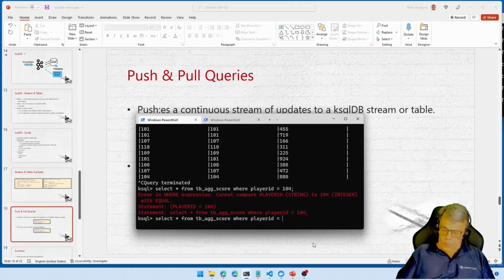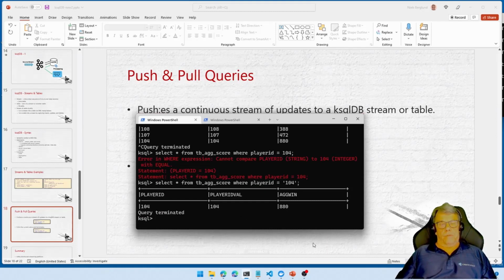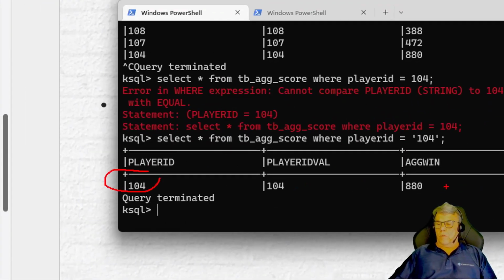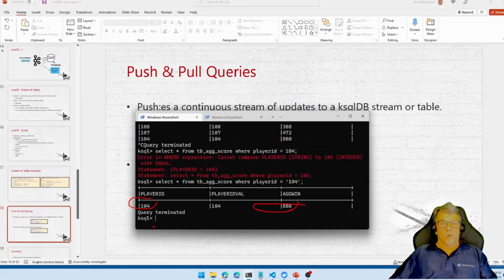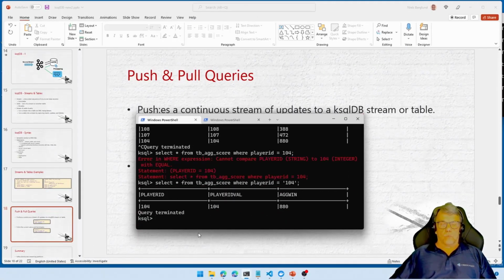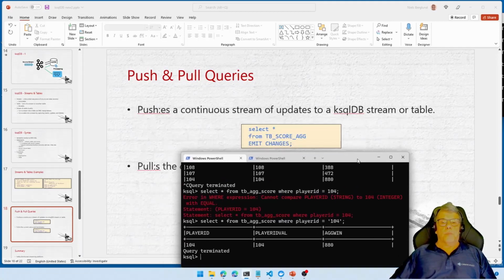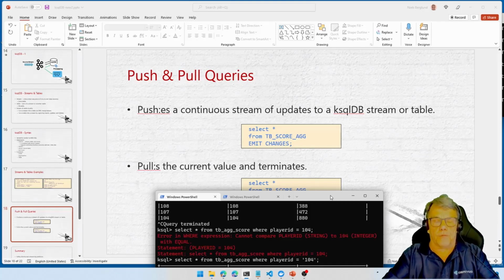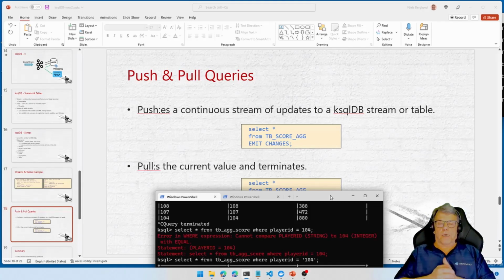Yeah, that is now a string. For some reason, I created it as a string. That wasn't probably the smartest thing I did. And here we now have my 104. I have an aggregated win of 880. There we go. And the push query is, once again, we are pushing the query to ksqlDB, and we are getting a continuous stream of data coming out.